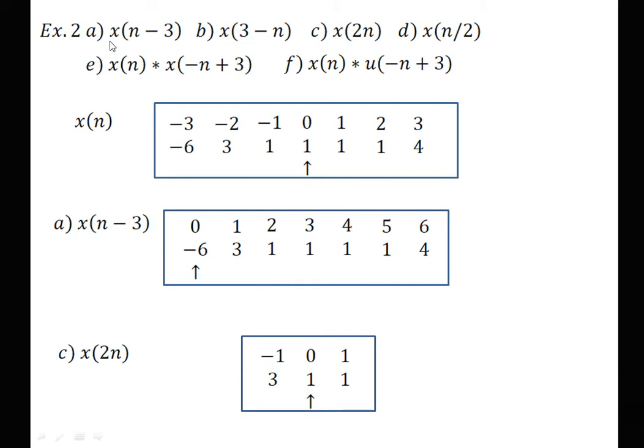First is x of n minus 3. Now x of n is given, the signal is moving from minus 3 to 3, and these are the values on the negative side and these are the values on the positive side. First we require to apply x of n minus 3. N minus 3 indicates the delay of the signal by 3 units. So we require to shift the arrow to the left by 3 units, 1, 2 and 3. So this is nothing but the signal starts here. So now see, initially the signal started at minus 3, but after delay the signal starts at the 0th location.